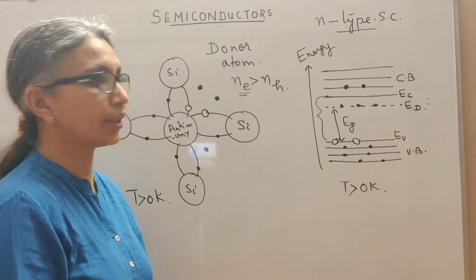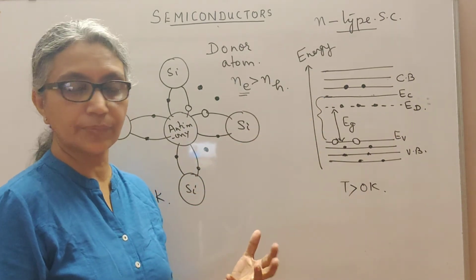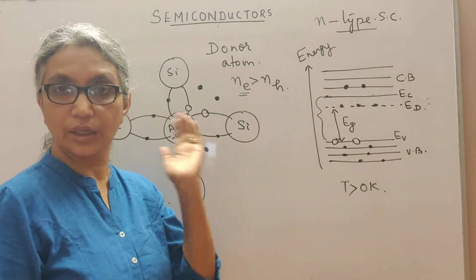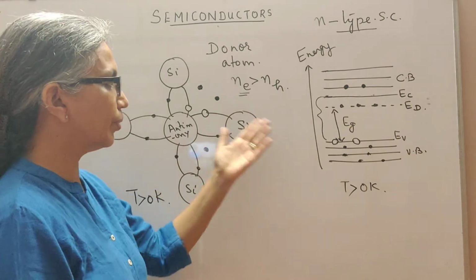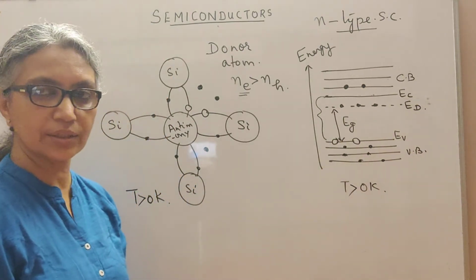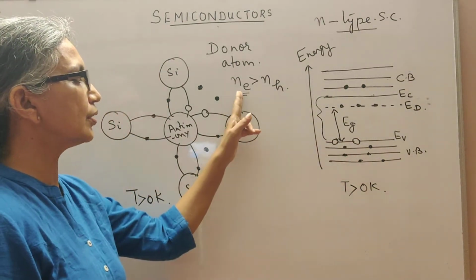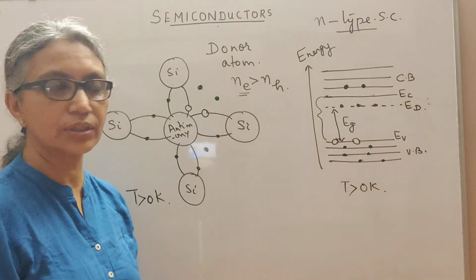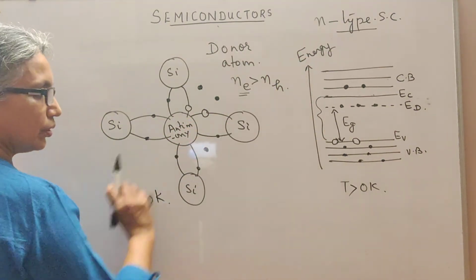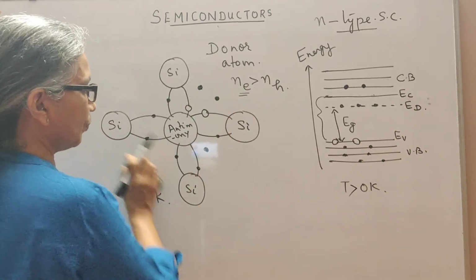So definitely an extrinsic N-type semiconductor is better than an intrinsic semiconductor, because in an intrinsic semiconductor the energy gap was larger and the number of electrons was equal to the number of holes. Here we have more charge carriers because we have 5 electrons plus the 2 holes also become charge carriers. I will be explaining that to you. Therefore we have electrons as the majority carrier and holes as the minority carrier in an N-type semiconductor. So that is extrinsic semiconductor, doping it with a pentavalent impurity.